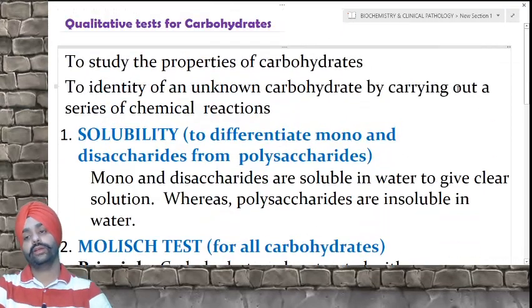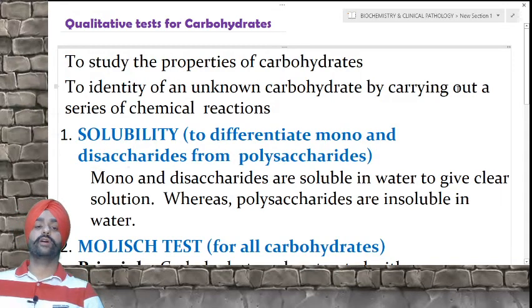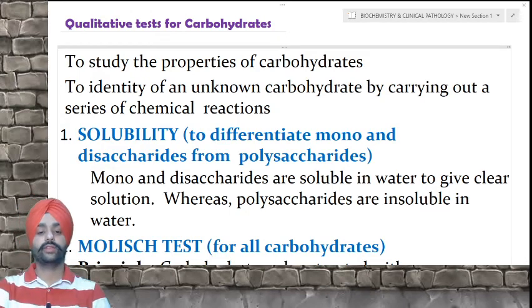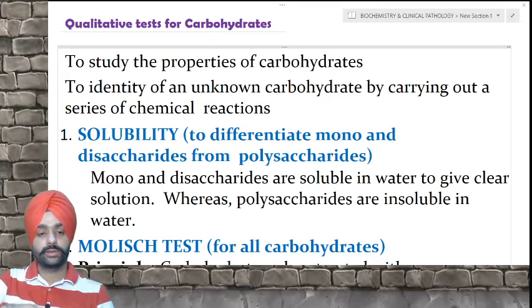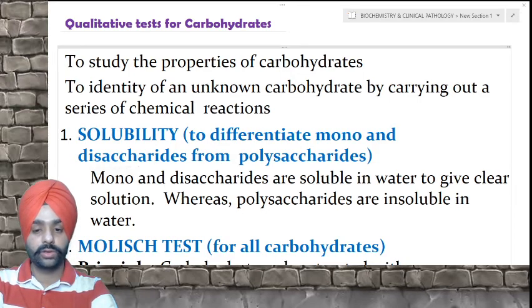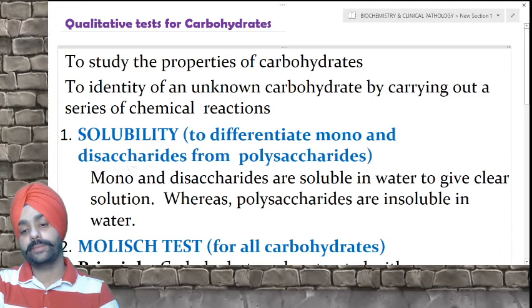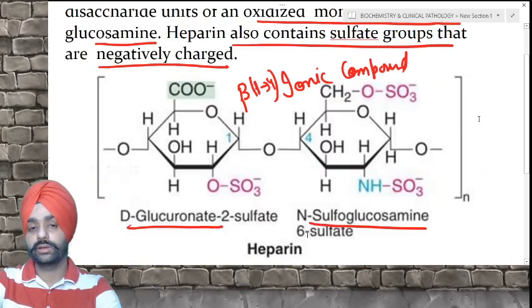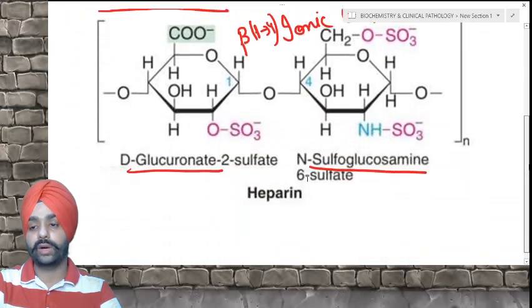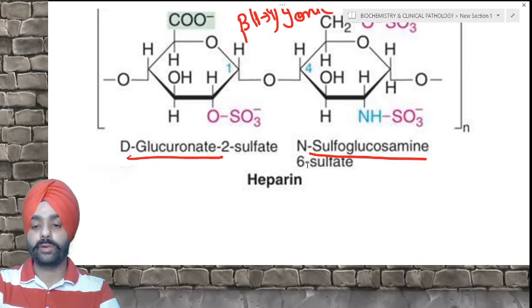So students, it was all regarding the various types of polysaccharides. In our next class, we shall be studying the various qualitative tests for carbohydrates, and also we shall understand how these reactions occur. So till then, revise the various types of polysaccharides and learn the linkages and structural formations, so that they could help you understand how the hydrolysis of polysaccharides occurs to form the corresponding disaccharides and monosaccharides.